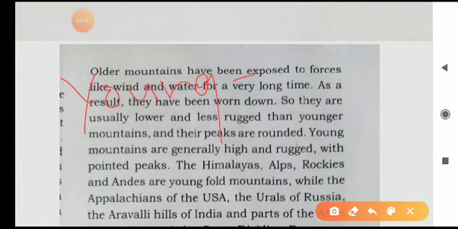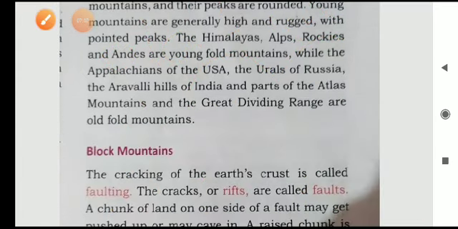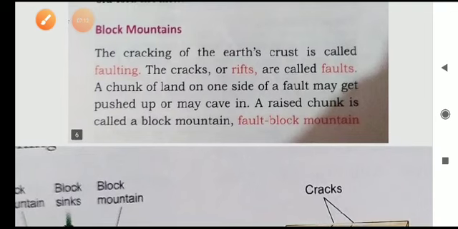Okay, an old fold mountain range can be over 200 million years old. The peaks of old mountains are rounded, while young fold mountains' peaks will be pointed. That is the main difference. Example, the Himalayas. Okay, now we are going to the next part, the second type of mountain,